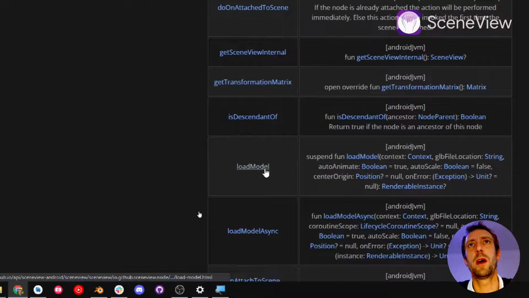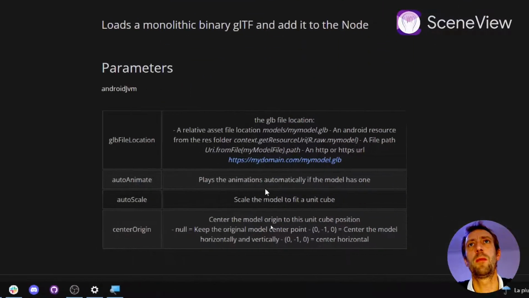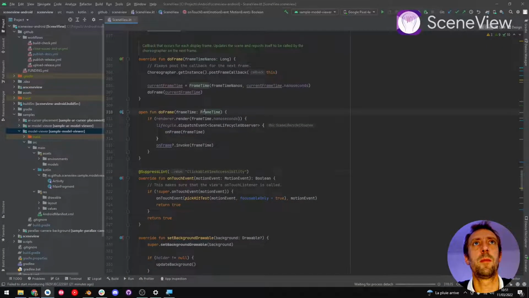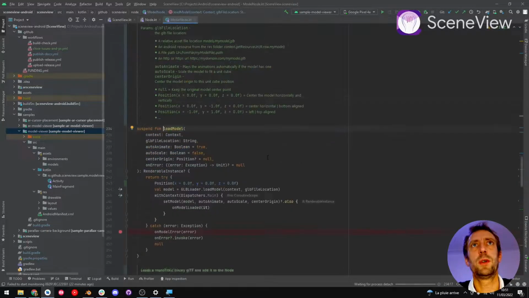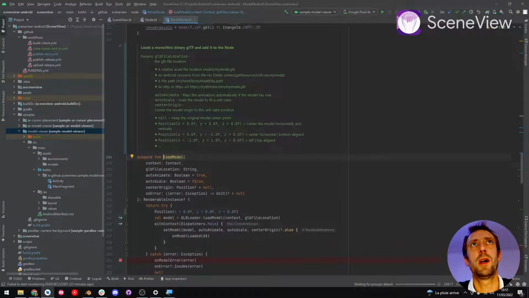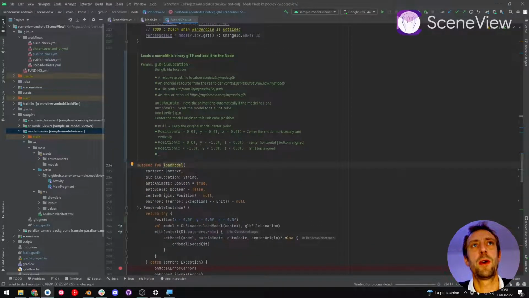Model node, but the one we use, it's under renderable. Renderable is loaded by the loading model functions. Come back to Android Studio. So a model node is a node with a GLB source file,